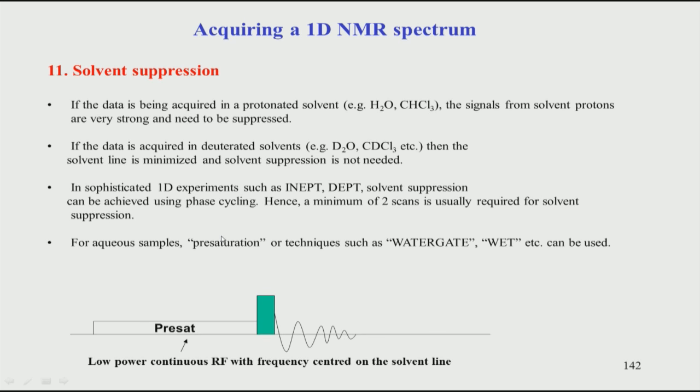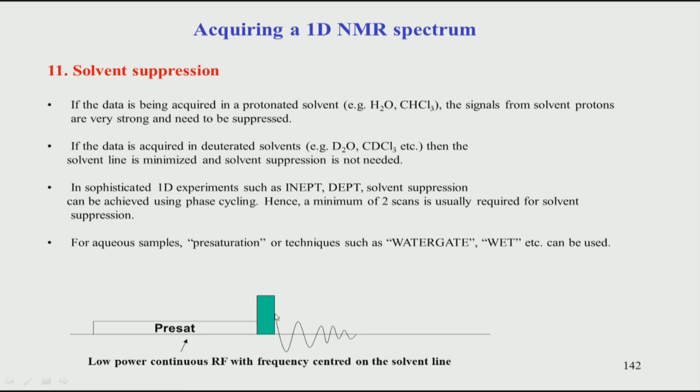So, this is the solvent suppression part, which we had a brief look at in the last class. We will not go into detail, but I would just like to tell you about the most basic type of solvent saturation which is used very routinely, called pre-saturation. The picture is shown here. This is called the pulse sequence again.